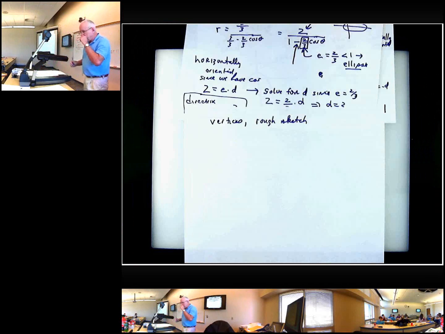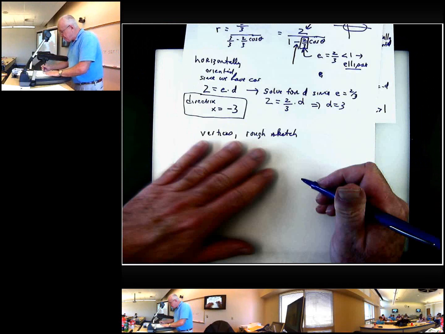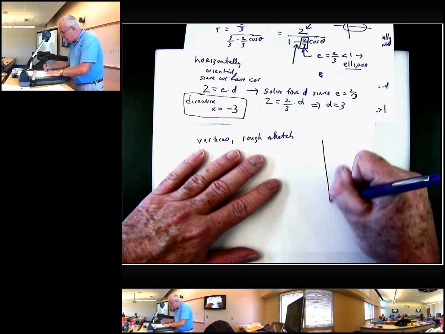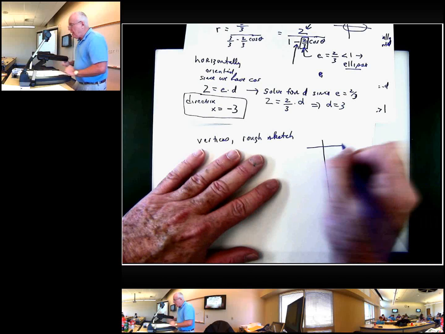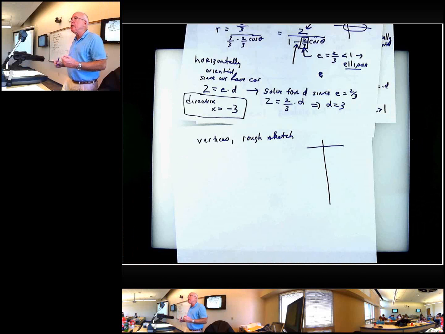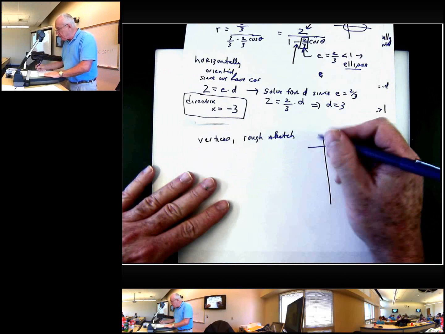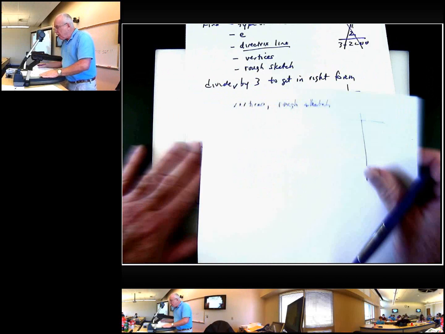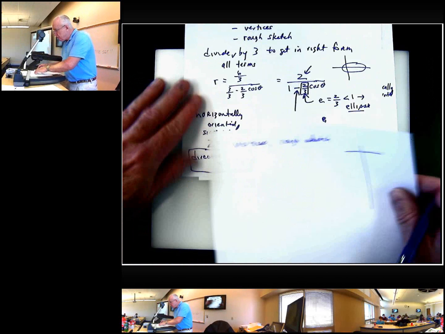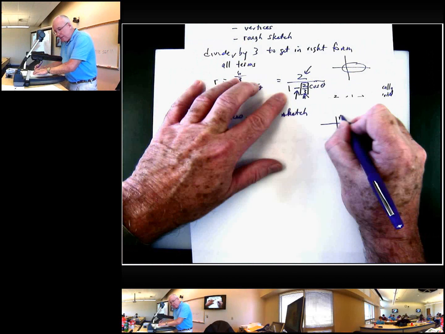All right. What I want to do here is do a little table, and we'll do a rough sketch, and that's going to help us get the vertices also. So our table, our equation is what? Where is it? Here it is. R is equal to,